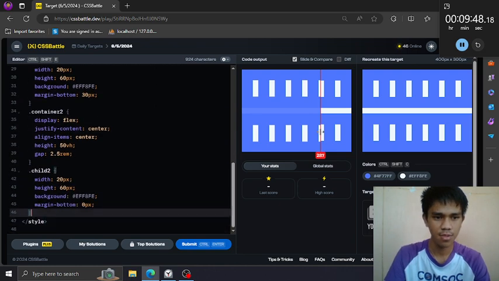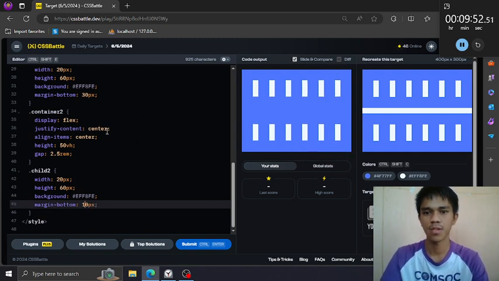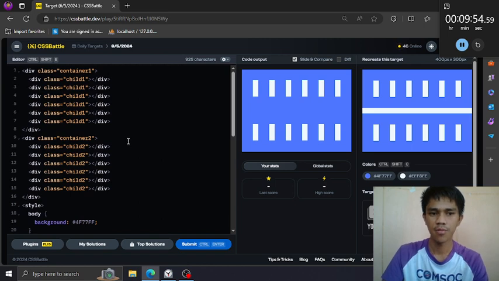Also this one, and they are aligned. So all that's left is the horizontal rectangle, or this division right here.